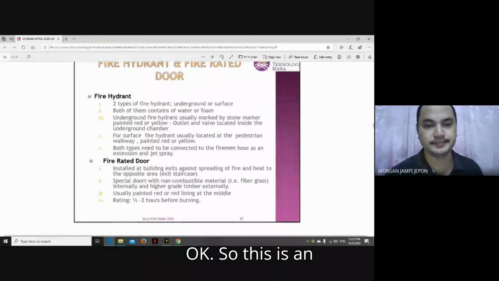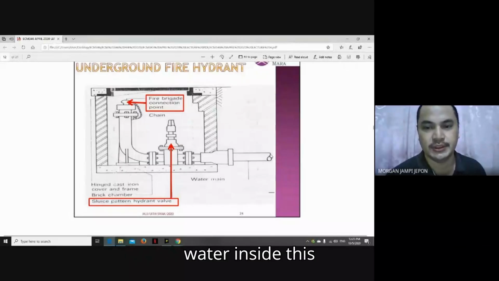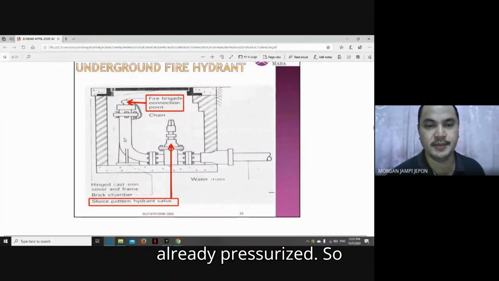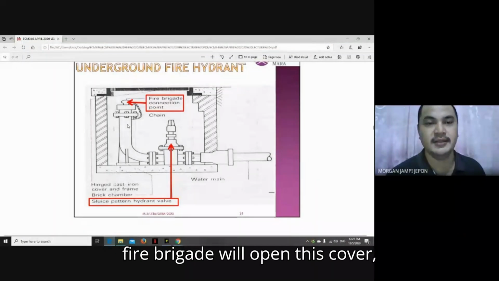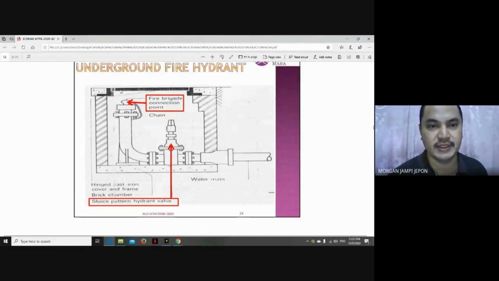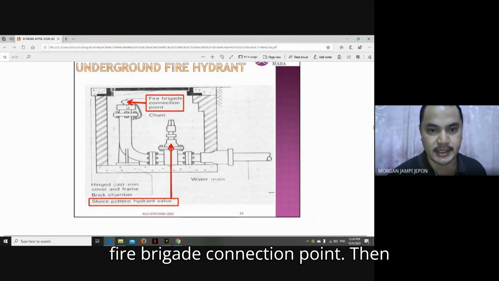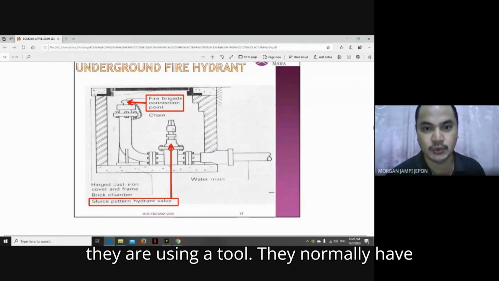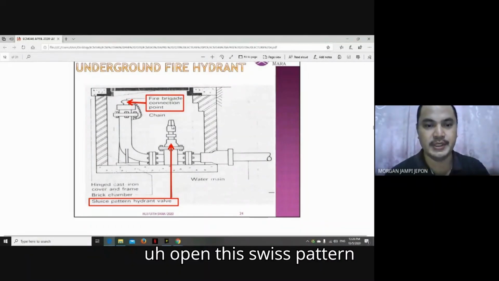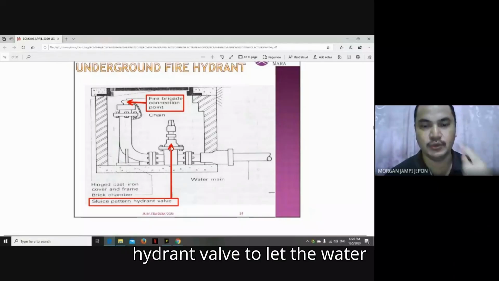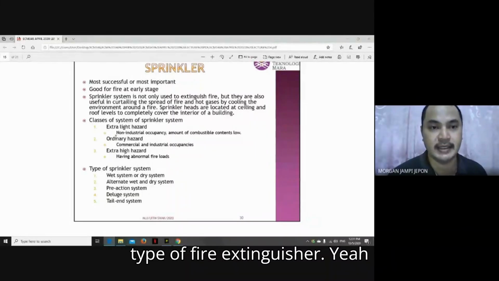Okay. So this is an example of an underground fire hydrant. So the water inside this is already pressurized. So when there is a fire, the fire brigade will open this cover, then connect their hose to this fire brigade connection point. Then they use a tool. They normally have this tool to open this sluice pattern hydrant valve to let the water